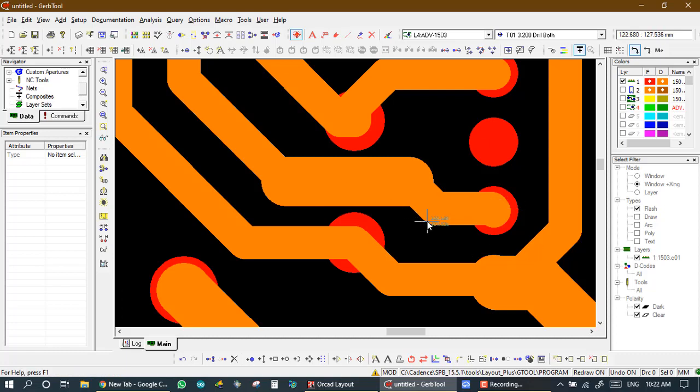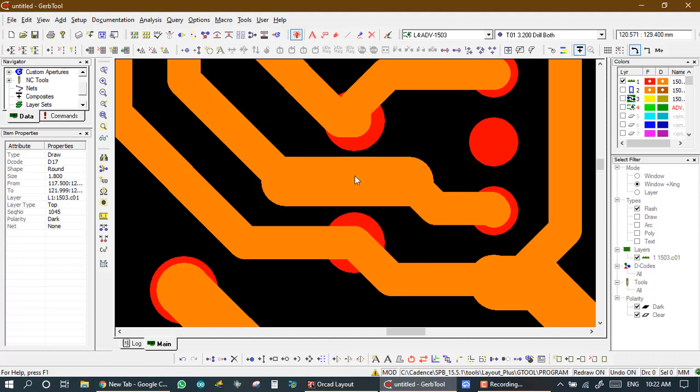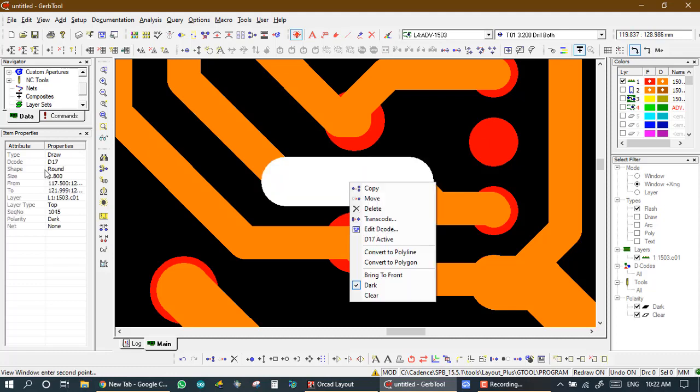So for this, we first right click on this decode. So we get information. Here is the information of this decode, and it's decode number 17, and its type is draw, and its size is 1.8.